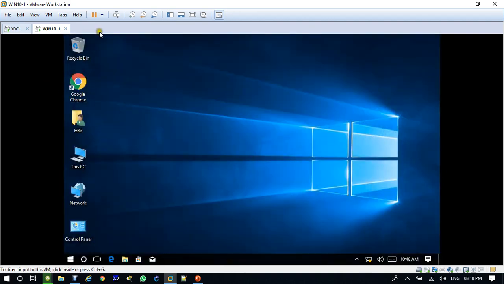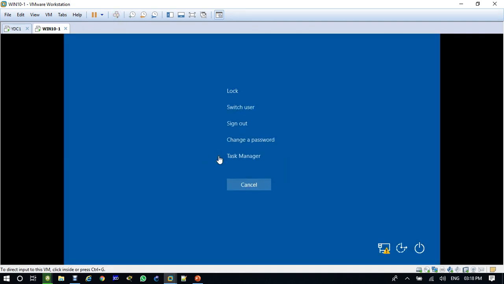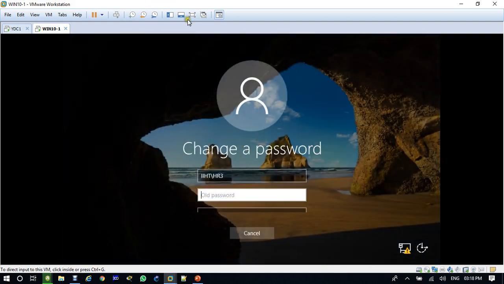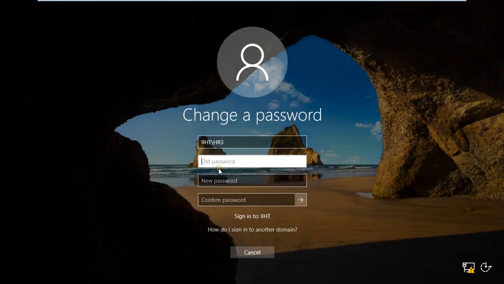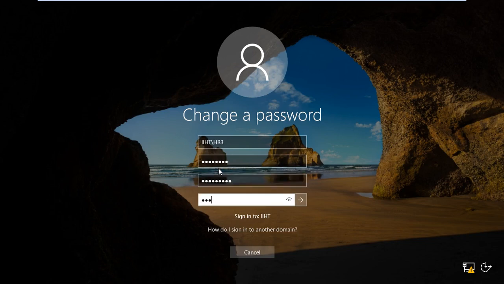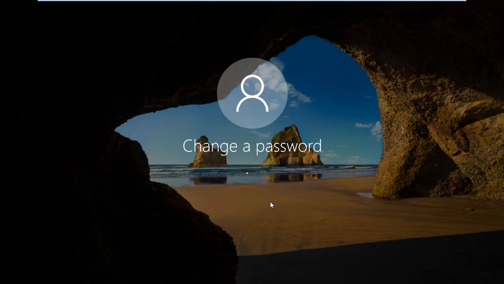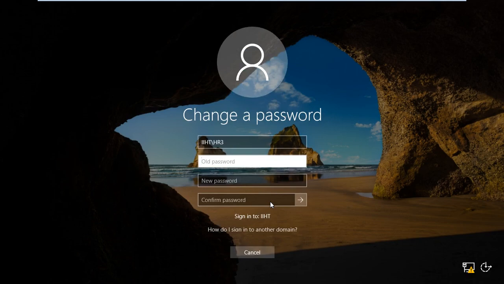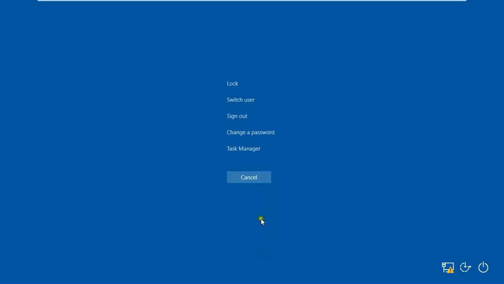When HR3 tries to change the password, even with a complex password like 123@IIHT1, he is not able to change it, because he is not authorized to change the password of the computer for 24 hours.